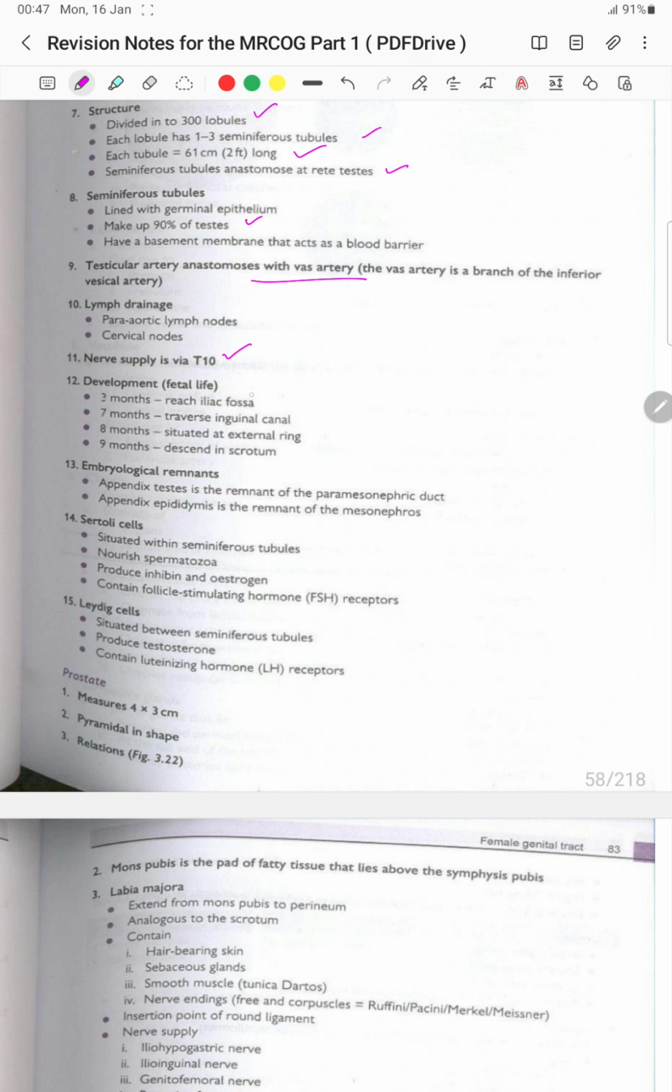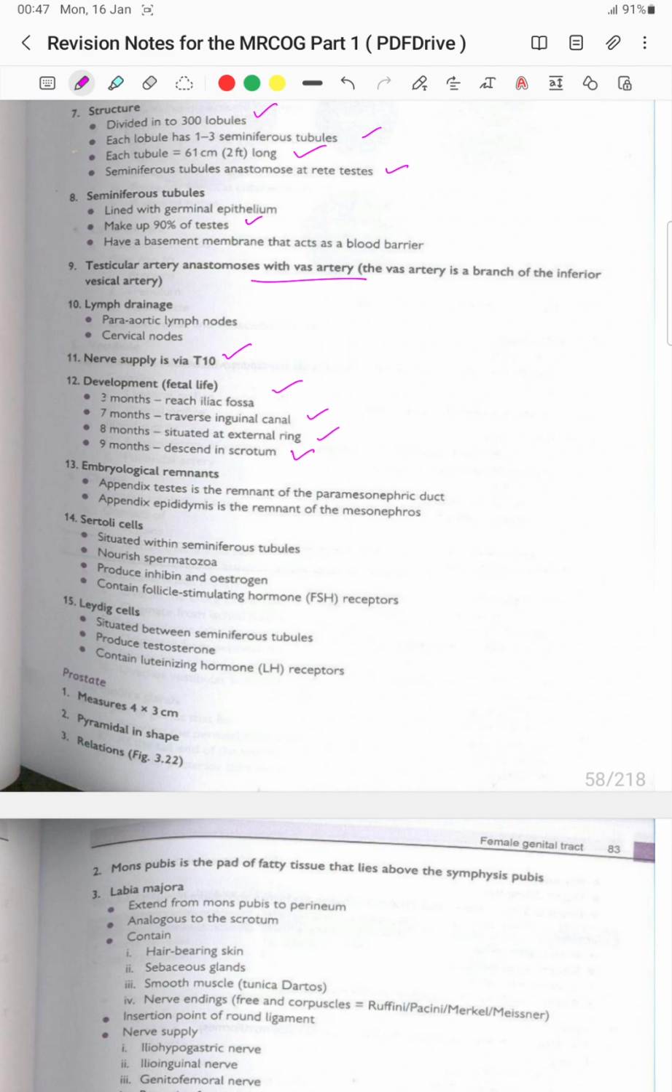Development: in fetal life, at 3 months the testes reach the iliac fossa, at 7 months they traverse the inguinal canal, at 8 months they are situated at the external ring, and at 9 months they descend into the scrotum. As embryological remnants, the appendix testis is the remnant of the paramesonephric duct, and the appendix epididymis is the remnant of